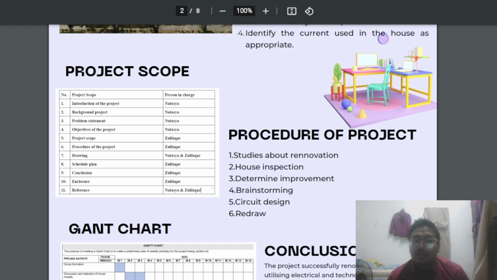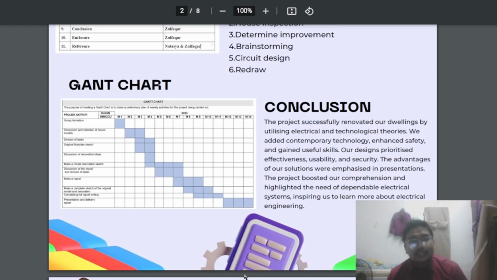Okay. The next one is procedure of the project. The first one is studies about the renovations. Second, house inspection. Third, determine improvement. Fourth, brainstorming. Fifth, circuit design. And sixth, redrawing. So we proceed to the Gantt chart. There's nothing to say about the Gantt chart because that is our schedule for managing our time by weeks to